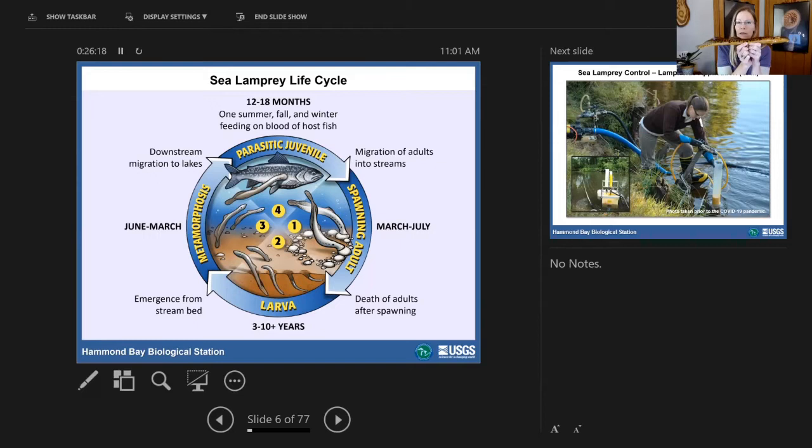The average adult sea lamprey is about 18 inches long, although it's very variable from about 16 to 24 inches, and we even see a few larger and smaller than that. Average length, though, is about 18 inches, like the model that I'm holding. Once they reach that full-grown size, they will no longer feed on fish. They'll drop off of the sides of fish, and then they will move into a stream to spawn. Now, it turns out that sea lamprey